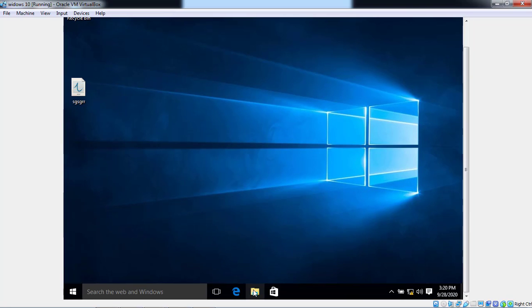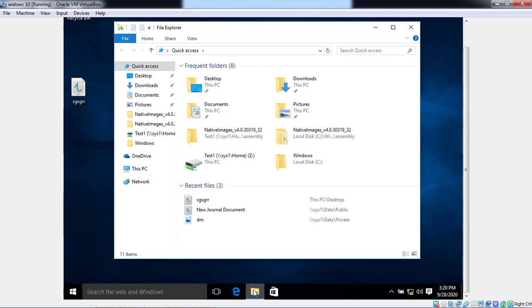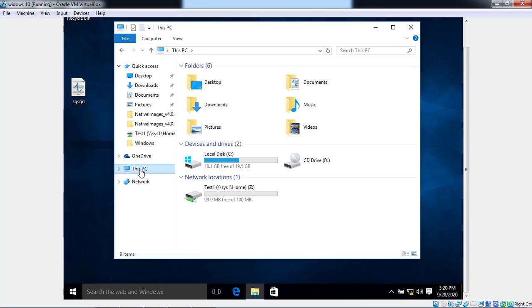Now we have to check the home folder which we created in the previous practical. Go to This PC, so this is our home folder. Before, the size was 3.48 GB, but after performing the quota practical in FSRM, you can see the 100 MB limit that we have given.